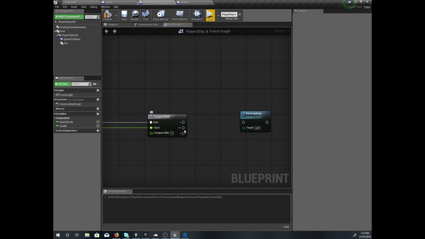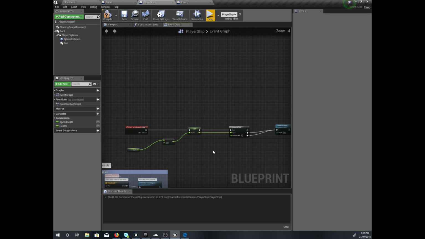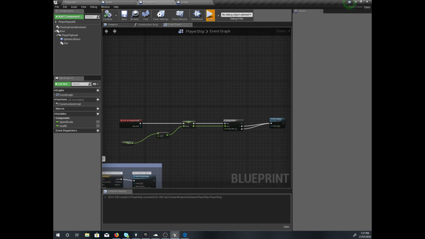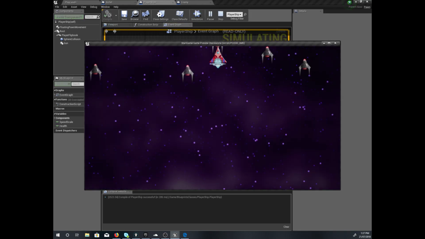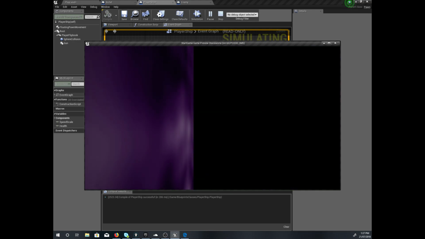We're going to say if the player's health is less than or equal to 0, that's what this means. Is this equal, is this less than the number that we are comparing it to? So if it is either of these cases, we're going to destroy the player. So let's try that again. So if I go to play, so hitting a bunch of enemies, if I hit too many, my player gets